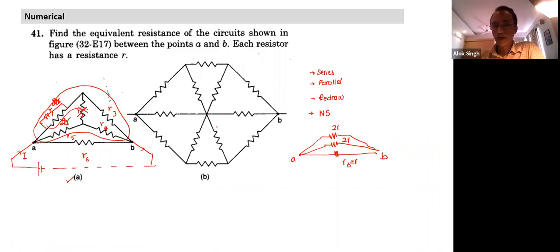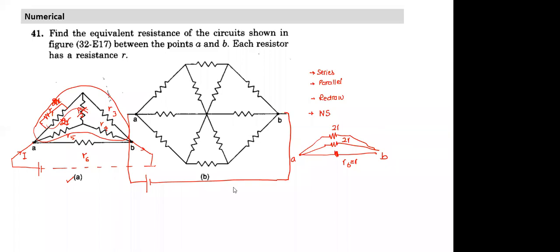This is not a Wheatstone, but some of you recall how we solve equivalent resistance between A and B. This time, those who can find an answer, please raise your hand. Let's see how many can. This is not based on Wheatstone. I am giving that clue ahead. Can we find an equivalent resistance between A and B? How many of you can do it? And tell me the method you will use.